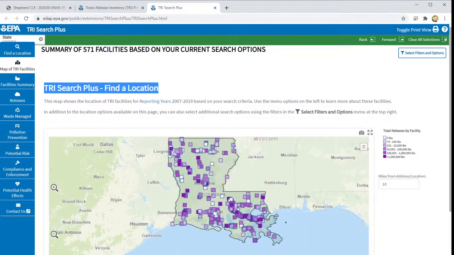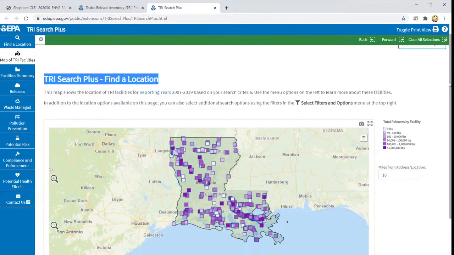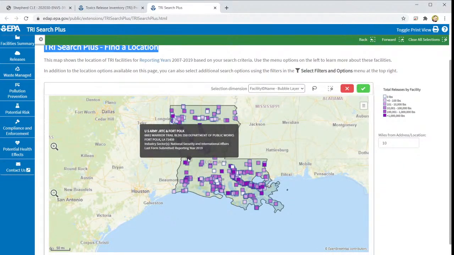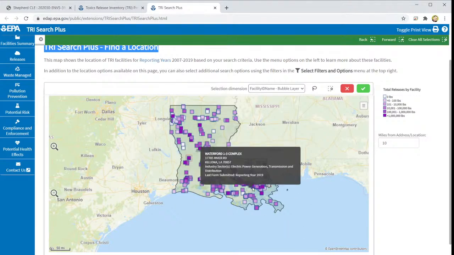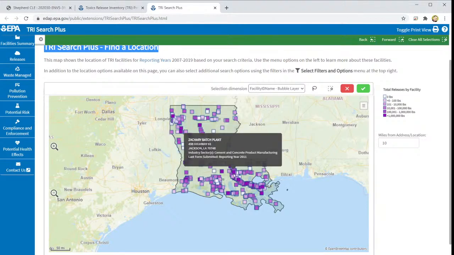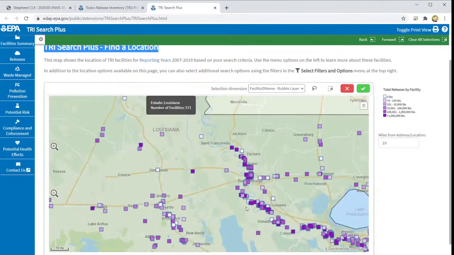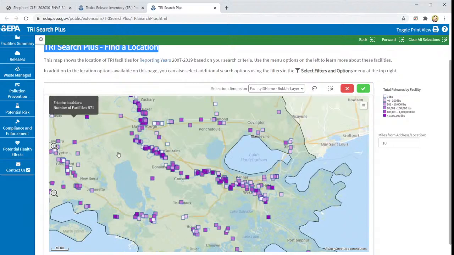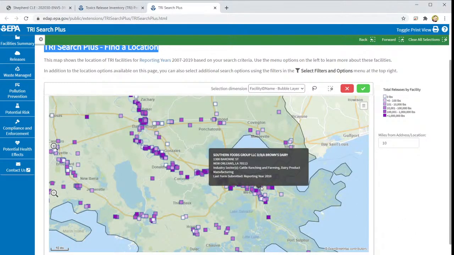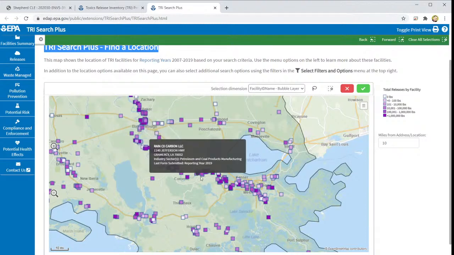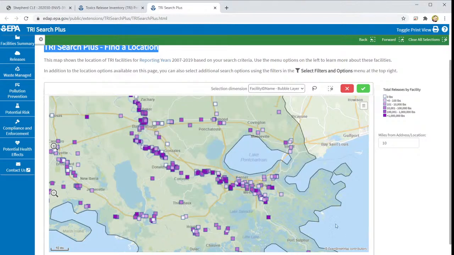So here is a map of all of the facilities. Let's just click on one with this one. This is U.S. Army, JRTC, and Fort Polk, National Security and International Affairs. So that must be like an Army base. So here you can see this region right here. So down here is Louisiana, up here is Baton Rouge. So this corridor from New Orleans down here to Baton Rouge, this is the corridor that's called Cancer Alley. You got all these